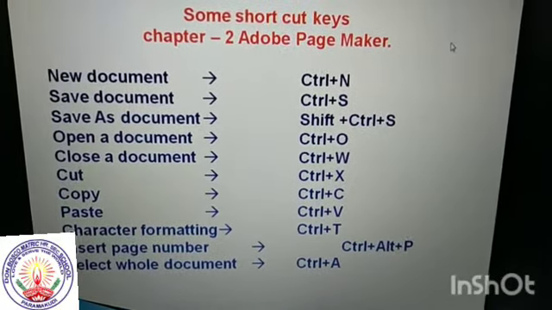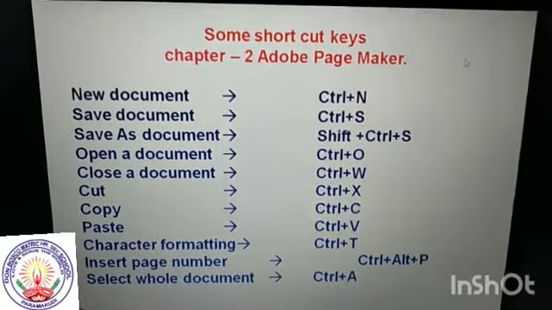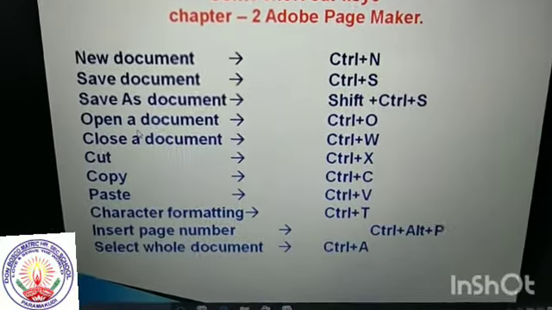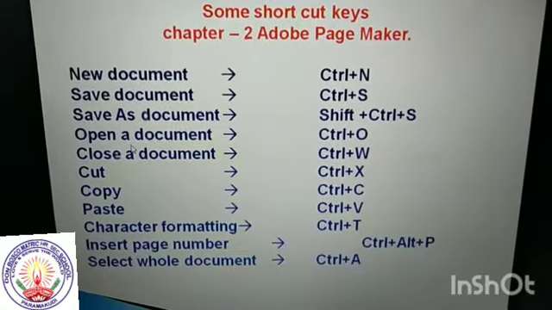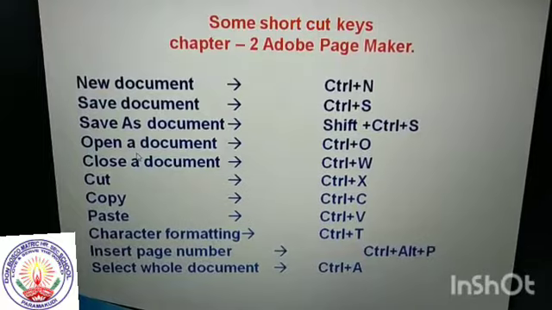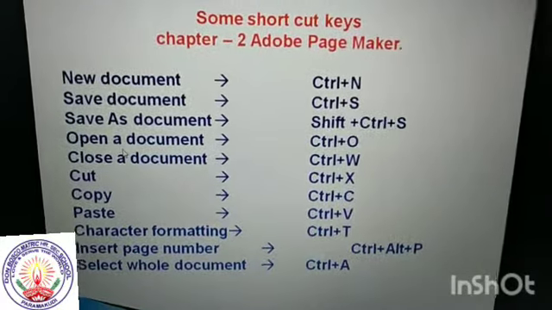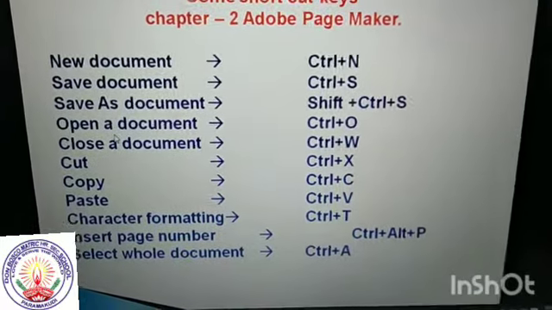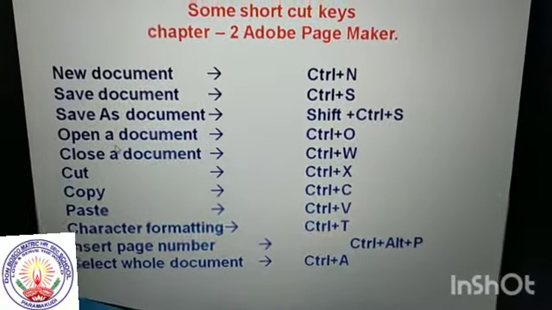Okay, so you just have to recall this video. In this video you learn how to save, open and close the document, how we can change the formatting options, how we can draw shapes such as rectangle, ellipse and polygon tool, how we can insert pages in Adobe PageMaker, and how we can take the print copy.